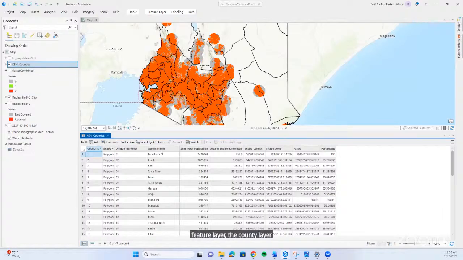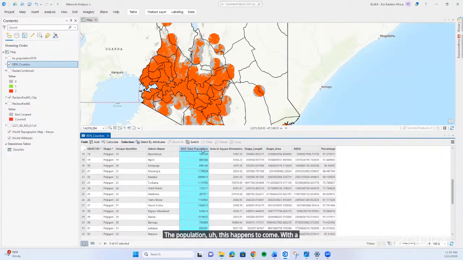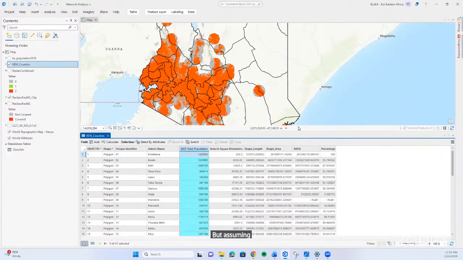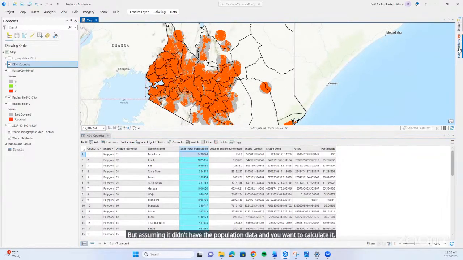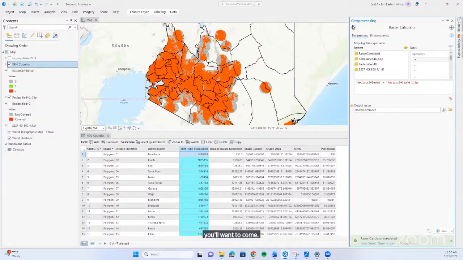So as you can see, I have the county names, the population. This happens to come with the population data, but assuming it didn't have the population data and you want to calculate it, you will want to come and use